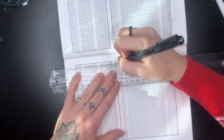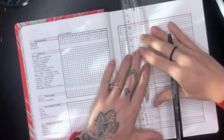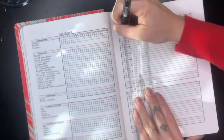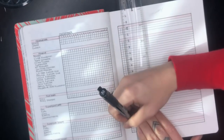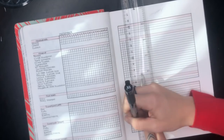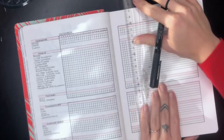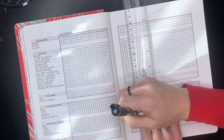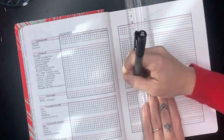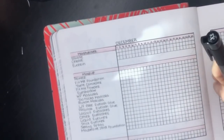My Tarte Shape Tape concealer, my Fit Me loose powder, eyeshadow, a waterproof mascara that I have, Too Faced mascara, Buxom mascara, and then we get into my eyelash glue. So I have one that's labeled LF free, which means latex and formaldehyde free eyelash glue, and then my regular eyelash glue. And then Lagoose eyelashes, that's the brand that I wear. They come from Amazon. And then other eyelashes, just in case, I don't know, maybe there's a chance my eyelashes could be doing it. Liquid eyeliner, stick eyeliner, setting spray,